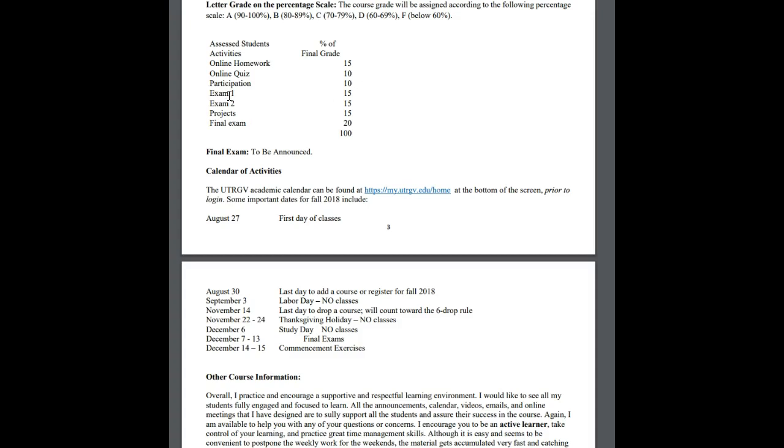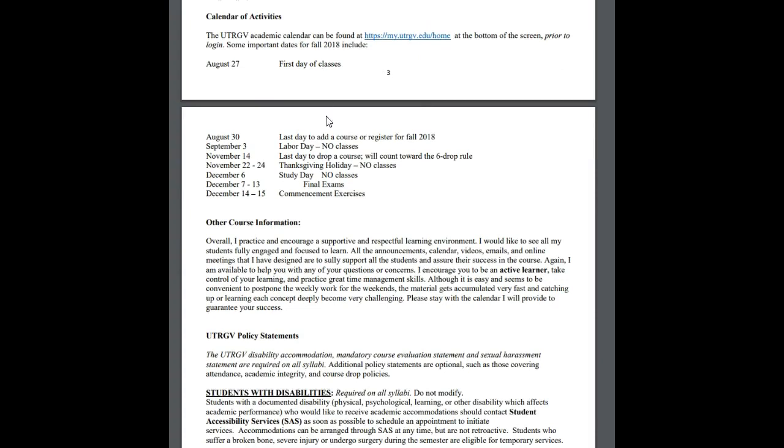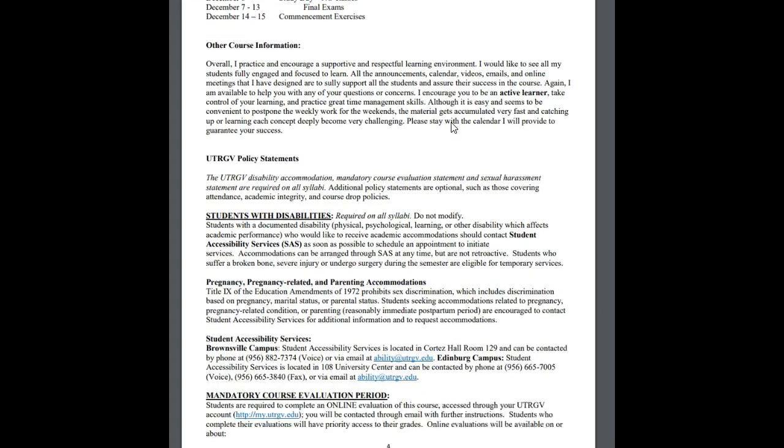The 2 tests, test 1 and test 2, are each 15%. The project is 15%, and the final exam is 20% of your grade. That's how 100% of the course grade will be determined. The calendar of activities is here. Study day is December 6th, which makes December 5th our last day of class.